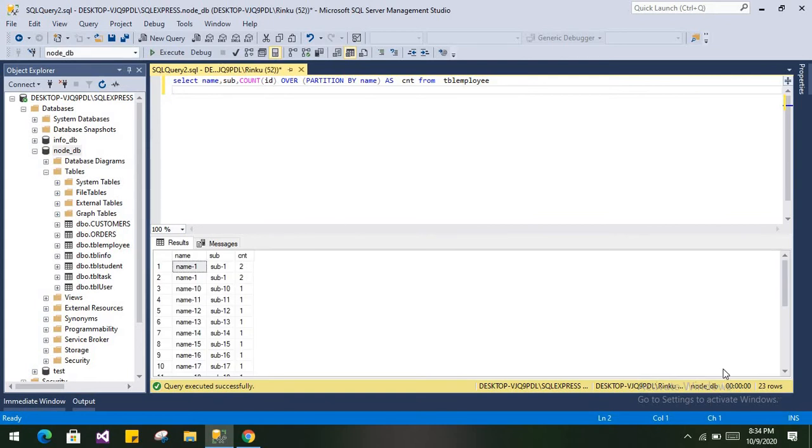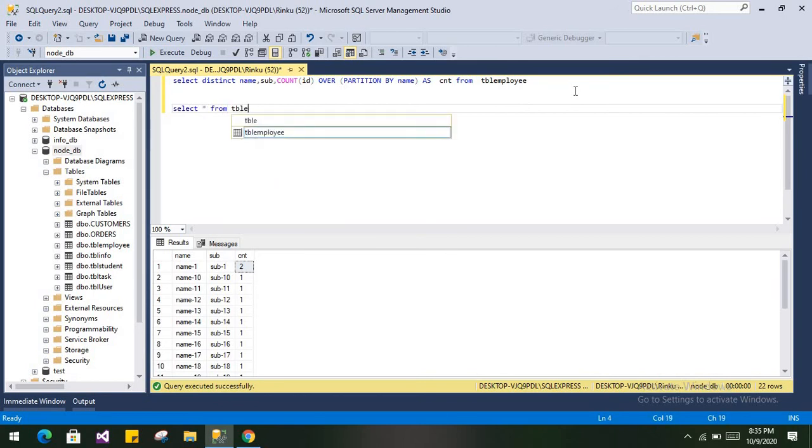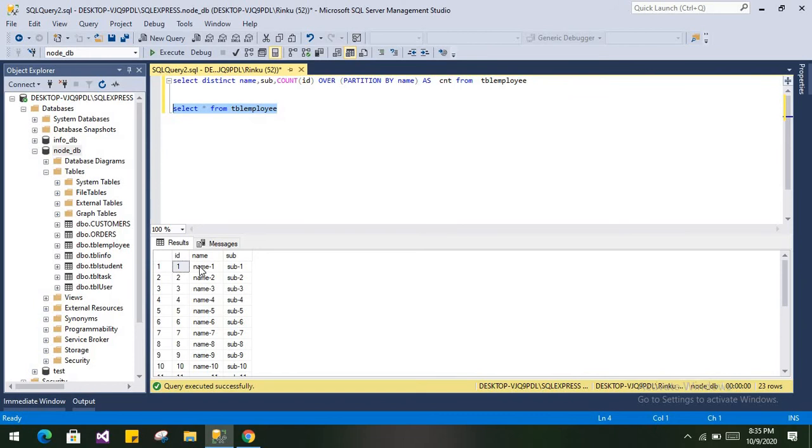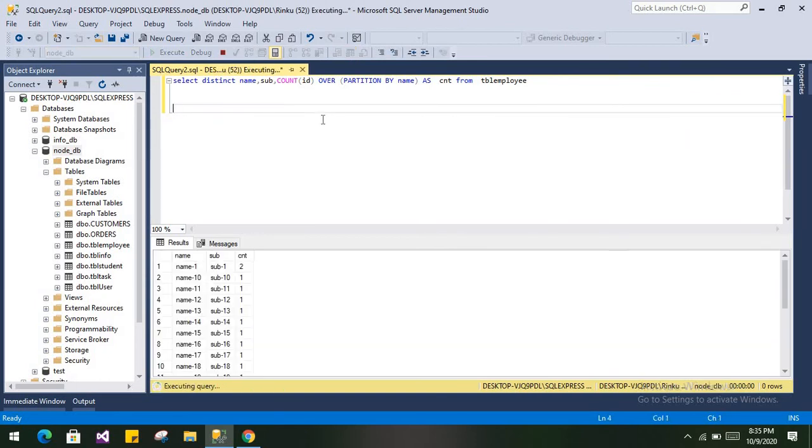Over here our total record count is 23, and it is showing count 2 because the same name is there. You can check, if you want to get a distinct value, you can perform it like this. So it will return subject name and name 1 and subject 1 records are 2. If you check by simply writing a select query on the table, you will see that there are 2 records with the same name. Name 1 is over here, and at the end you will get name 1 again, so it is showing a count of 2. So this is also helpful in some cases.